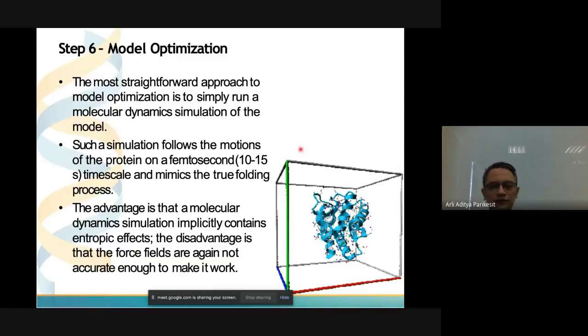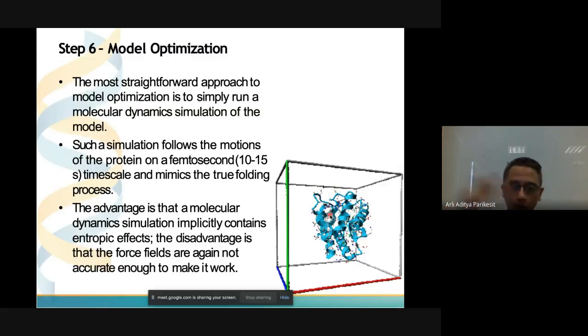So how to optimize it? Just imagine the protein is inside this cube and run the dynamic simulation. All the atoms in this vacuum cube will move, and it will see what will be the best conformation with the minimum energy that makes all the amino acid residues in the protein free from the steric effect. We already explained the steric effect when we discussed the Ramachandran plot before.